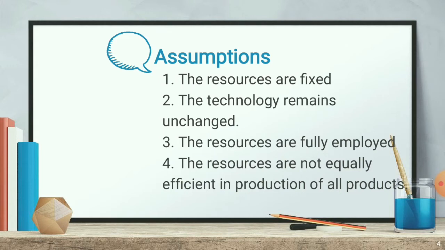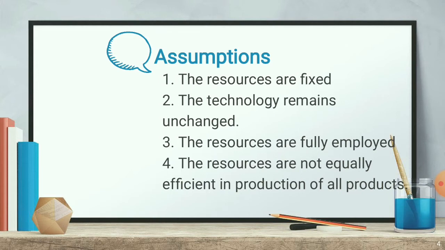The first one is that all the resources which we are going to use for the production possibilities should be fixed. It means that we are not changing them time and again. Suppose now we are going to produce 1 unit, so the resources were 2 materials or 3 materials. If we are going to produce 2 units or 10 units, and now the resources change, then it will not be possible to interpret the PPC concept. So the assumption is that the resources are fixed always, at any level of production output, and not changing.